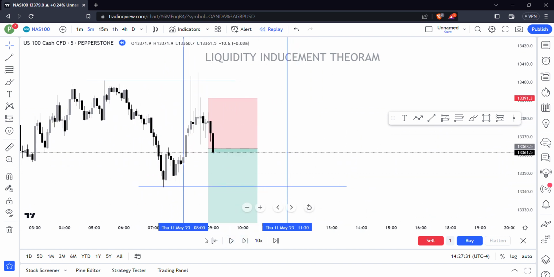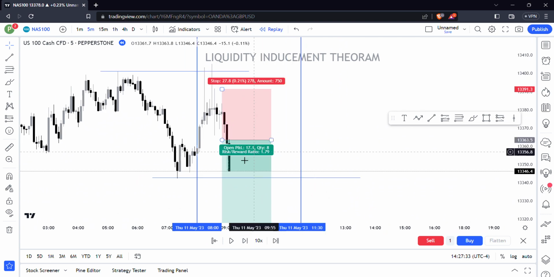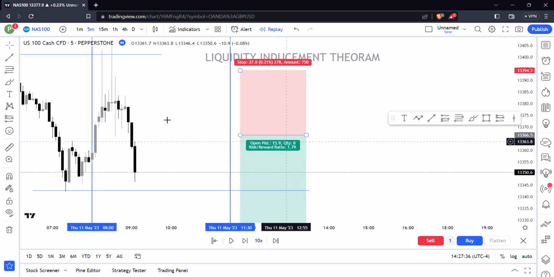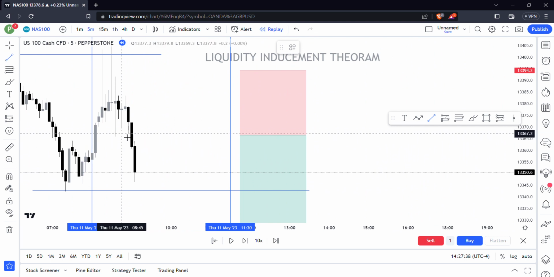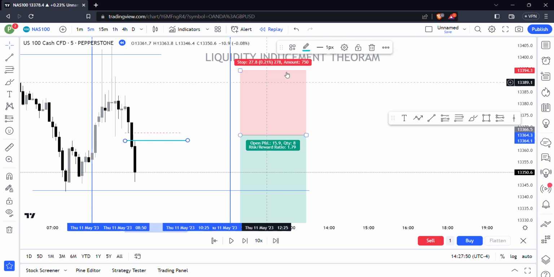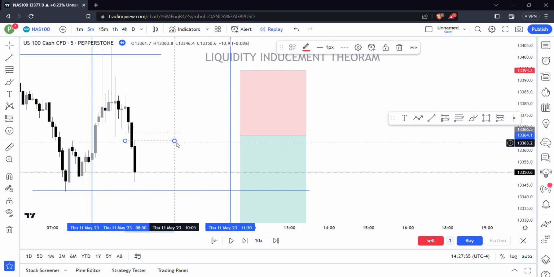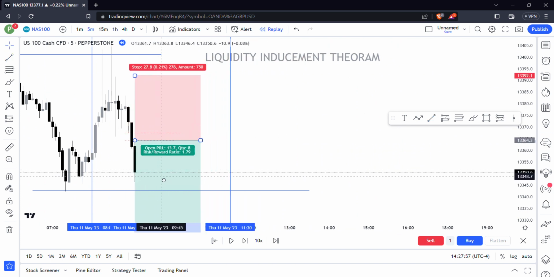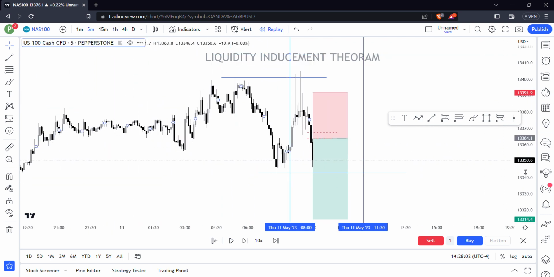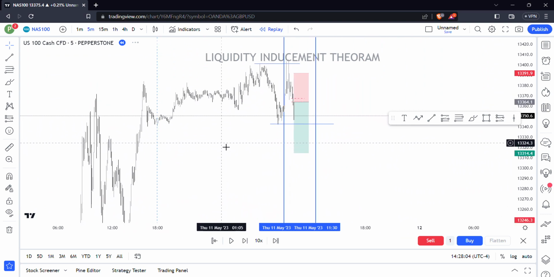See, there is an imbalance here. Can you see the imbalance? From this candle to this candle, there is an imbalance. There is inefficient price action. What does ICT call it? Inefficient price action. So when there is inefficient price action, the market should come and fill that gap. The markets don't like inefficient price action. Always the markets come and fill the gaps. So that's why these are very important points.